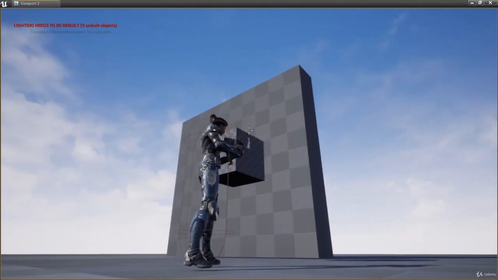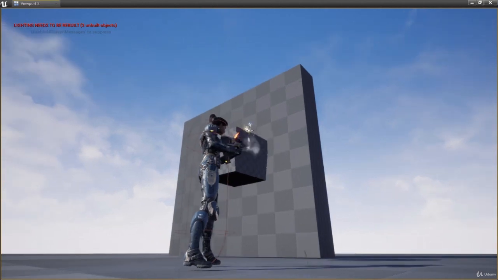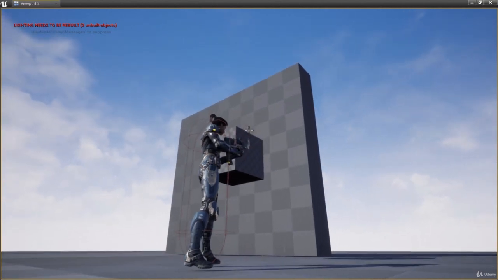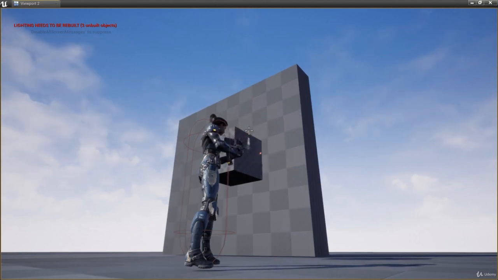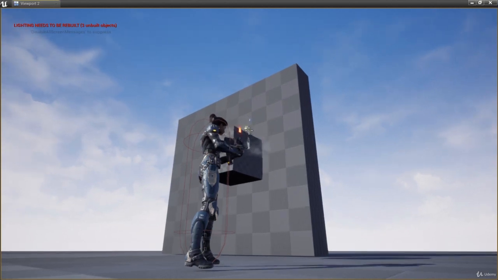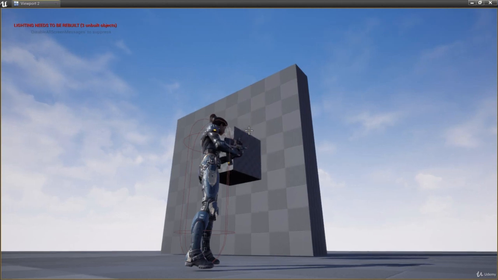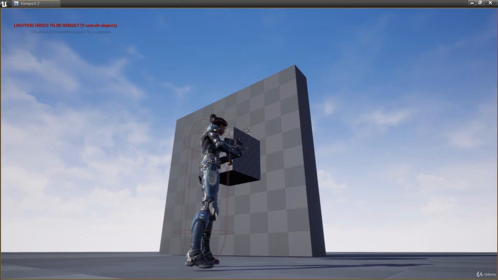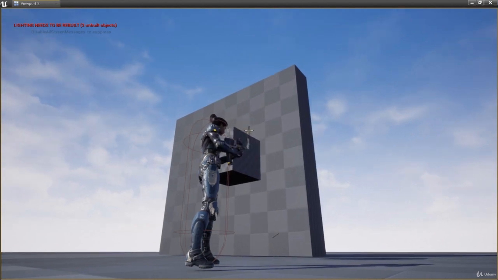And if you notice, the impact point is behind the first cube and the impact particles are spawning on the cube behind the first cube. But take a look at the beam particles. They're going through the first cube. They're not actually stopping at the first cube. This is because we're tracing from the screen location of the crosshairs instead of from the barrel location of the